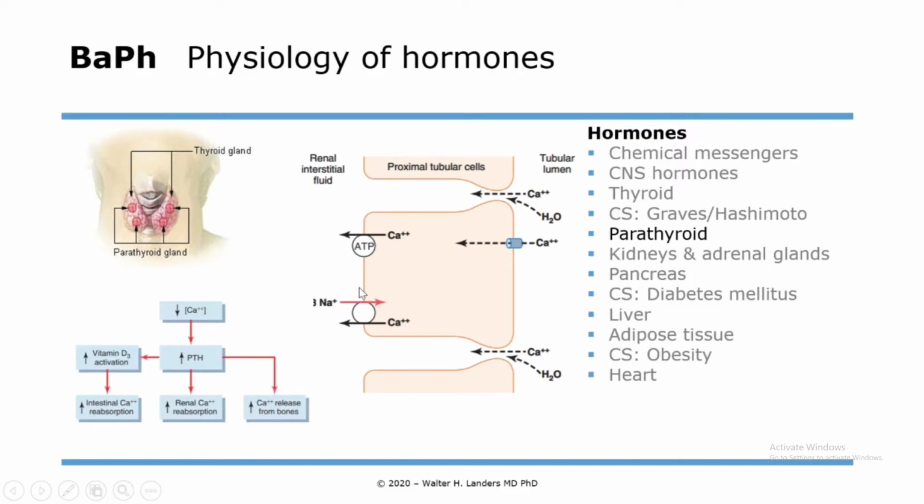And specifically in the kidneys, it might be interesting to know that calcium can be either transported through the cell, so transcellularly, or next to the cell together with water. So when water flows out, it always grabs a bit of calcium with it, which is called paracellularly, and it's about 50-50. So about 50% of calcium is reabsorbed this way, and when parathyroid hormone becomes active, because there's too